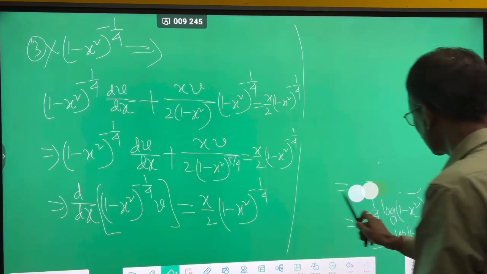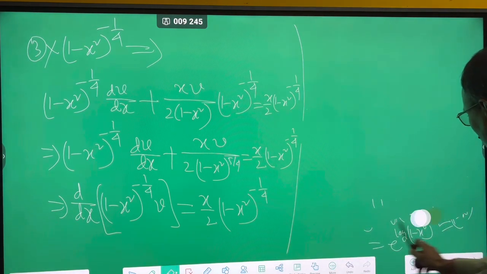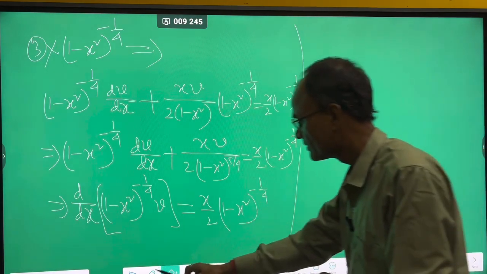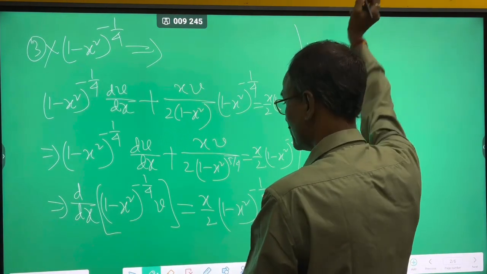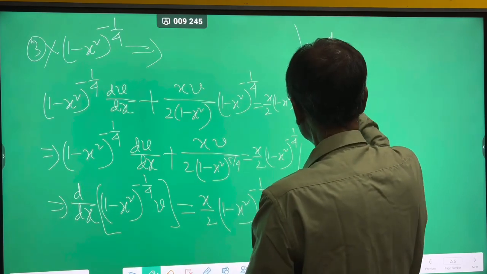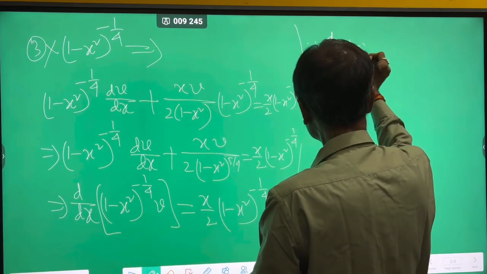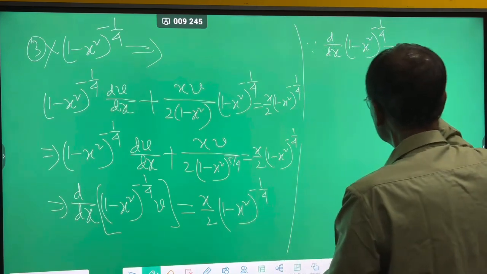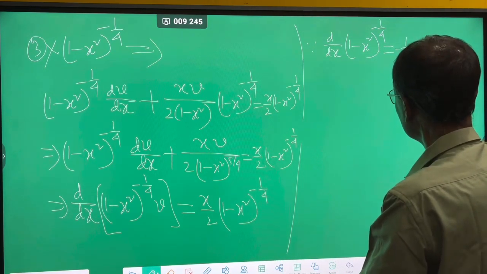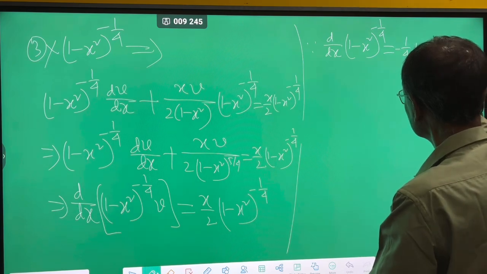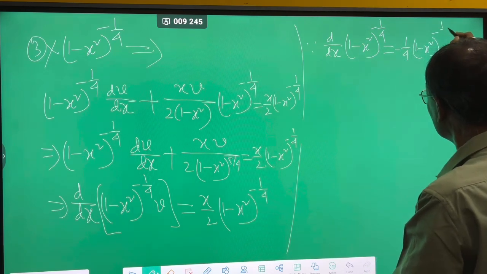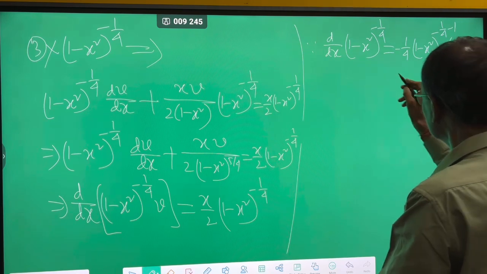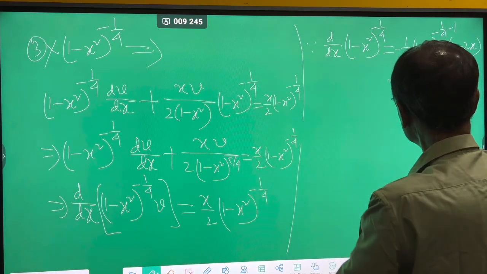Since d dx of 1 minus x square whole to the power minus 1 by 4 is equal to minus 1 by 4 into 1 minus x square whole to the power minus 1 by 4 minus 1, into the differentiation of this, minus twice x. This is equal to x by 2